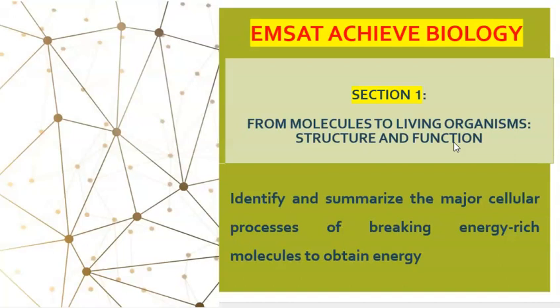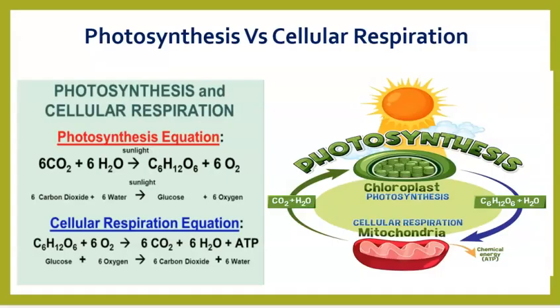Today we are going to talk about subsection 4 of section 1, which is to identify and summarize the major cellular processes of breaking energy-rich molecules to obtain energy. This unit talks about biochemistry, and it is one of the most difficult sections of the EMSAT biology. So I will be going a little slower on this and making multiple videos, breaking it into parts. The first thing you have to understand is the difference